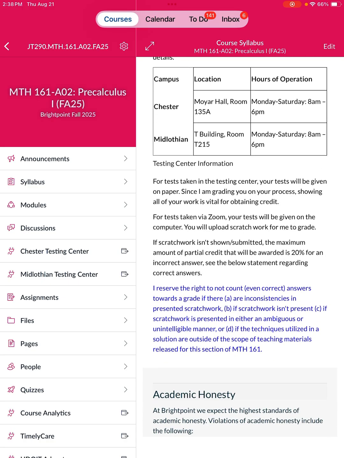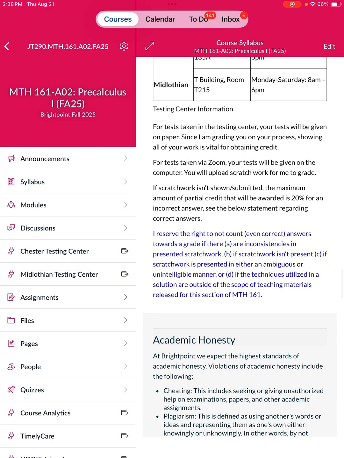Please show your work. I will make it very clear if there's a question that does not require work. I'll put no work required. If you don't show work, then you likely won't get any credit depending on what the problem is. If you show work that is not what we have been doing in 161,